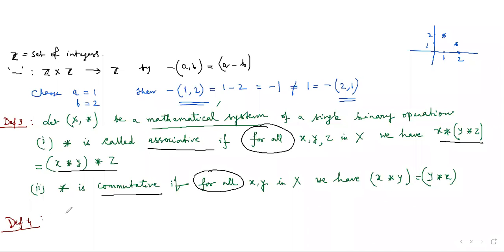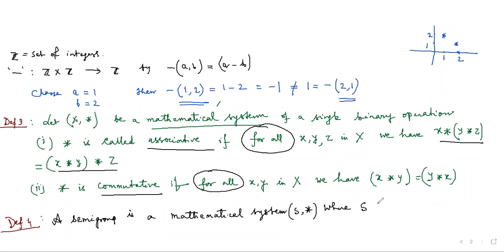The definition is definition number 4. It goes like this. So I'm now writing it in black color. A semi-group is a mathematical system. A semi-group is a mathematical system (S, *), where capital S is a non-empty set,